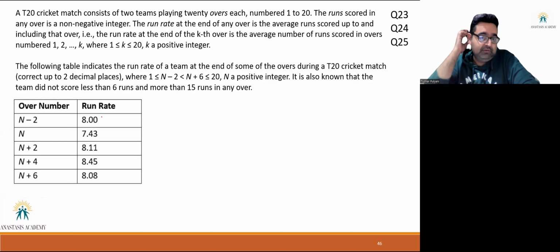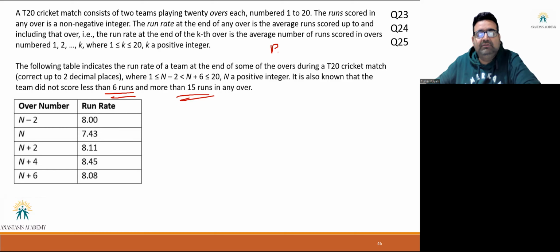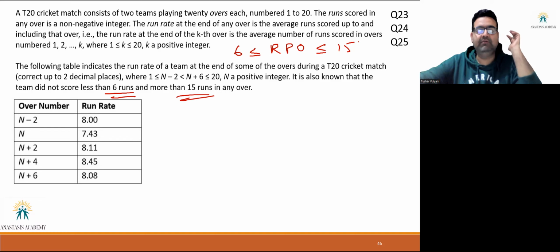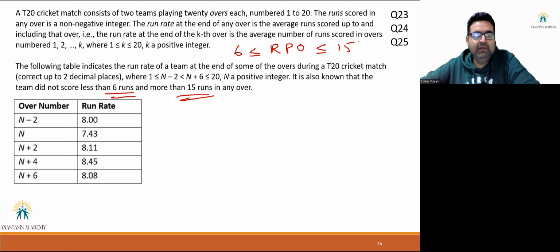Right. This was a very interesting second set. T20 games, they're saying 20 overs, run rate, mostly standard stuff, which we know. And then the number of overs is not given. After every 2 overs, the run rate is recalculated and given to us. The more important data in this question was runs per over. So runs per over can be minimum 6 and maximum 15. There was no over where you scored less than 6, and there was no over where you scored more than 15. So all my runs per over, which I'll calculate, has to be between this range.